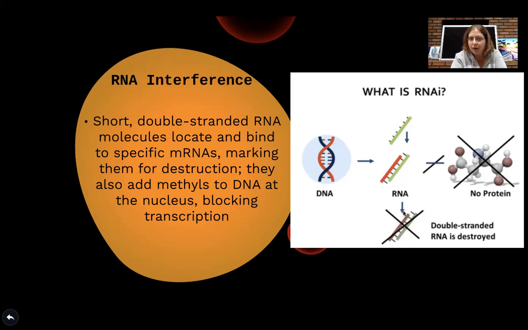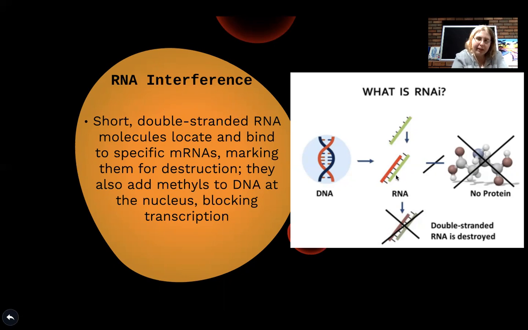Double-stranded RNA automatically gets destroyed. Now, since it's being destroyed and you can no longer have the anticodons of the tRNA line up with it because, hey, look, it's already got buddies, it can't make the protein. So that's one way that it can affect protein